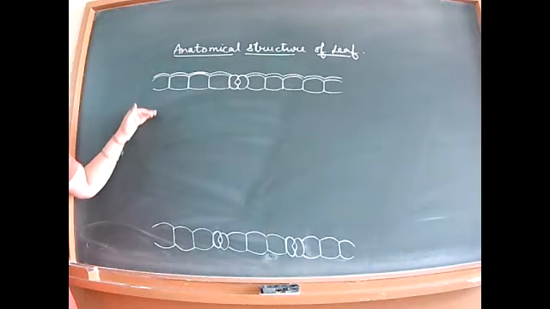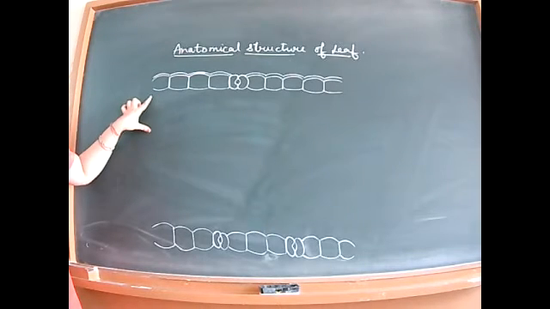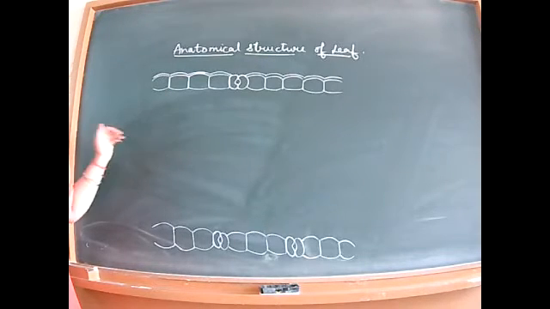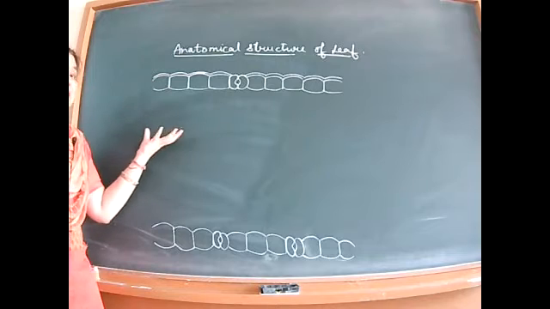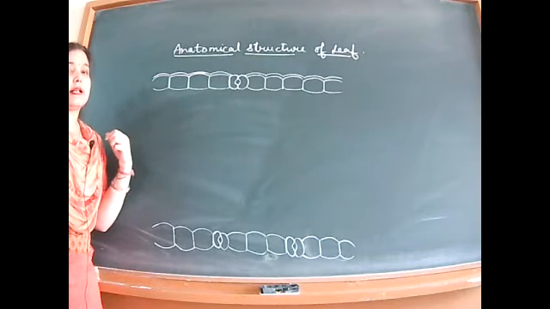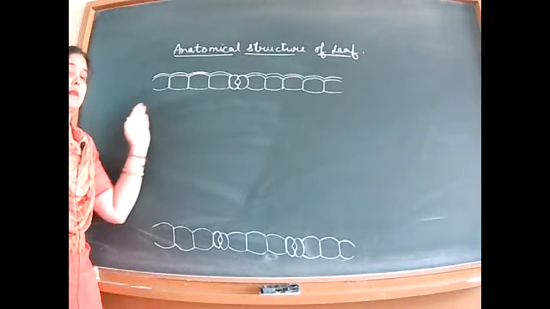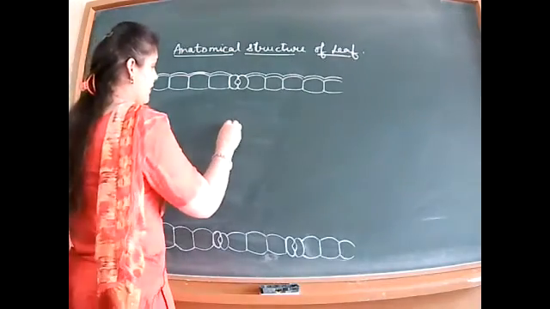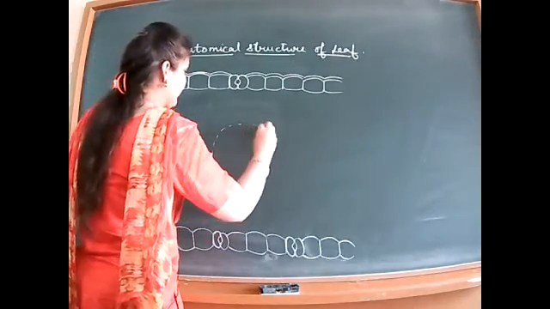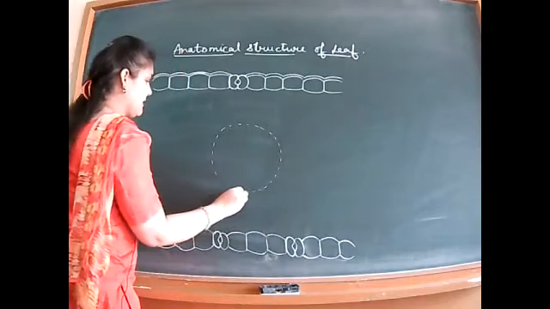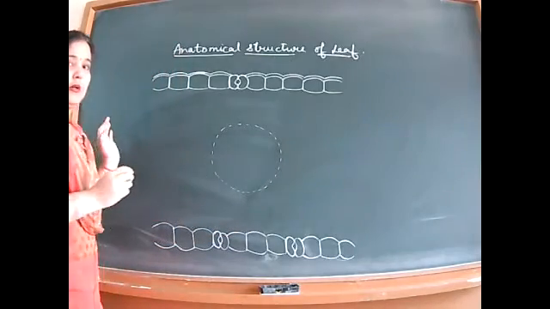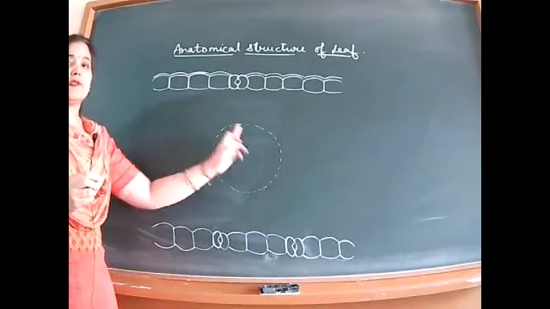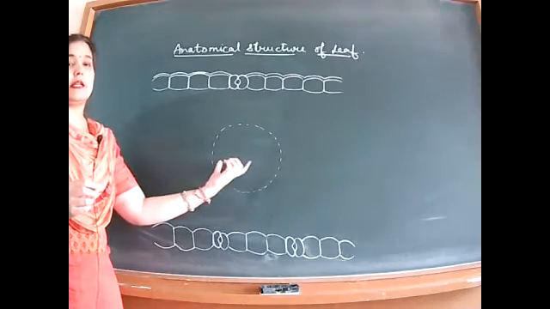Now towards the upper epidermis, there are elongated cells, pillar-shaped, compactly arranged cells, which are called the palisade parenchyma. That makes the complete layer. But before that, you have to leave space for the midrib. This is the midrib region. Just in the middle, make a rough circle with dotted lines. That is the area for the midrib.